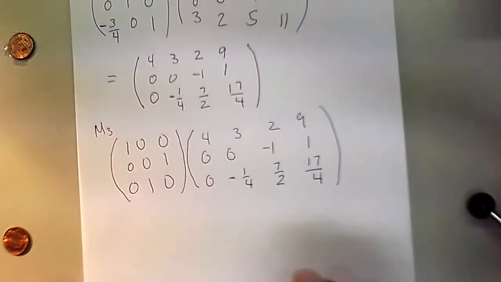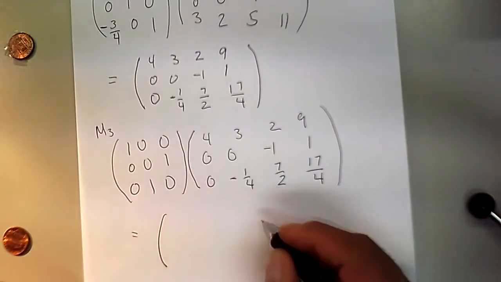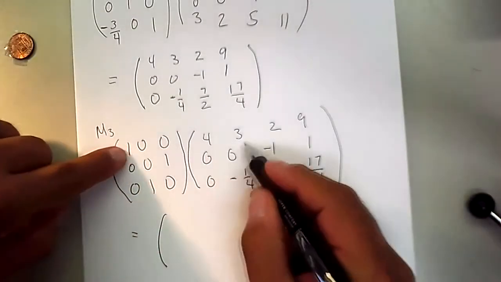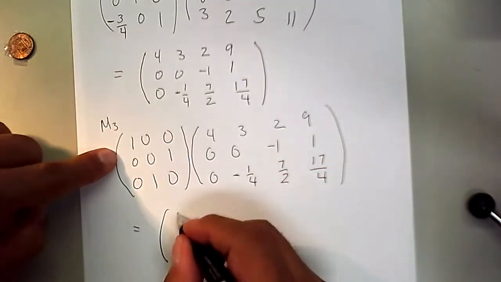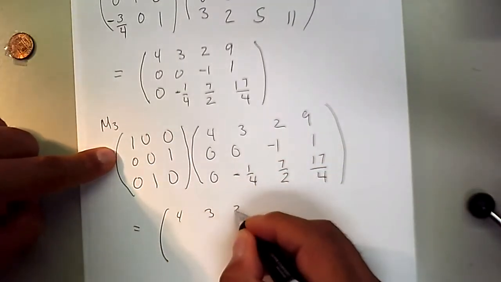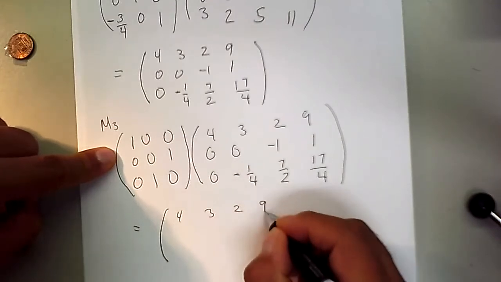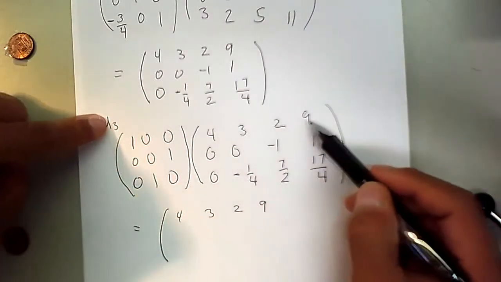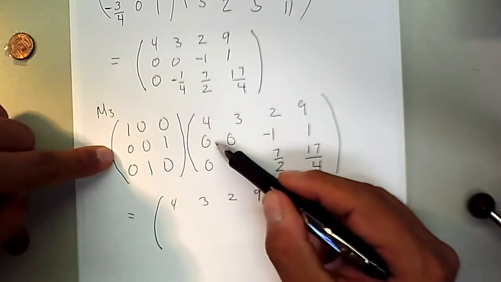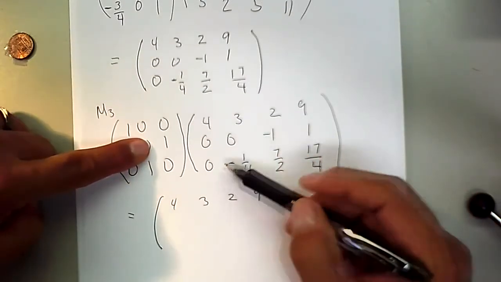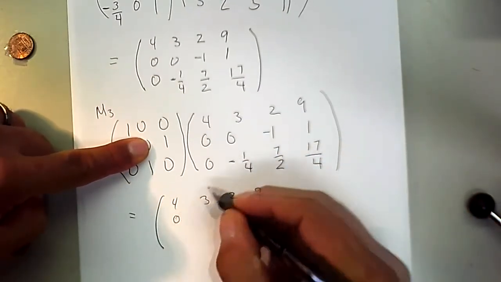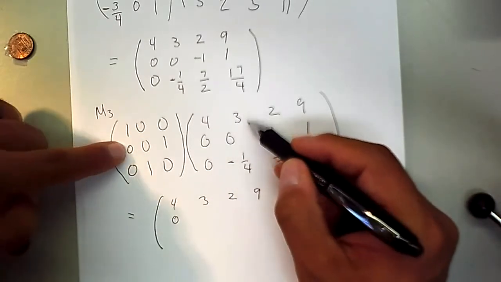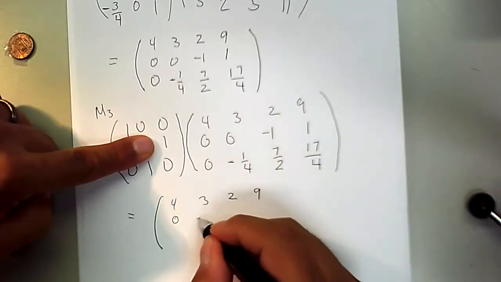Okay, but this will take no time. You know, 4, 3, 2, 1. So 4, 3, 2. I meant 9. I think I said 9, 1. So let me double check. 4, 3, 2, 9. And then we're going to pick the last element in each column. So negative 1/4,